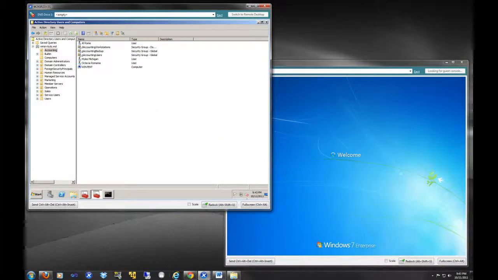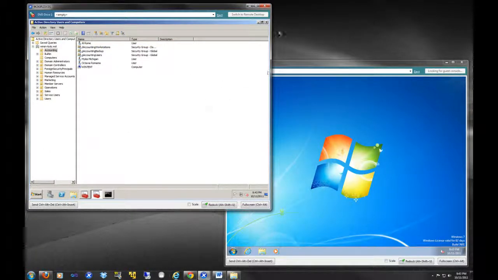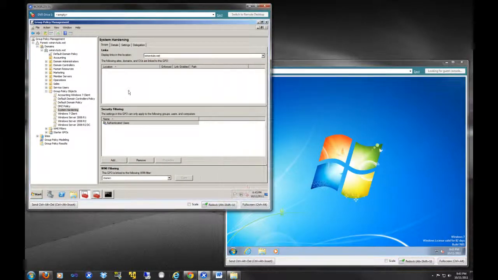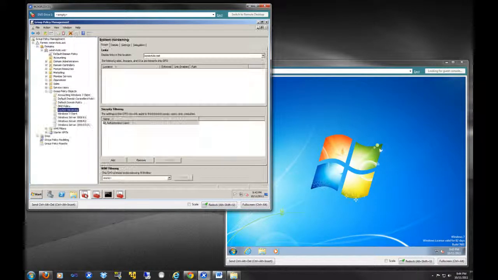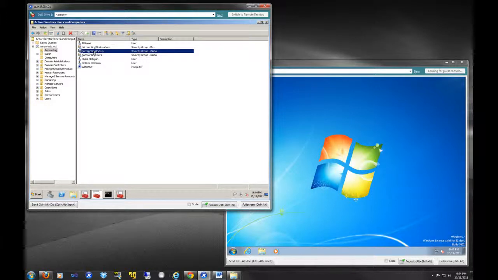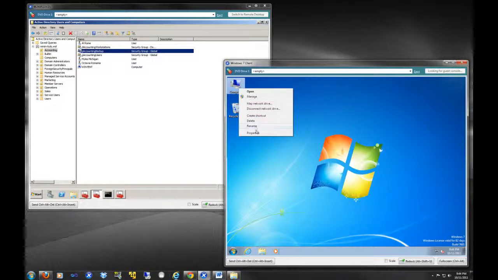Okay. And so now that we've seen some of the permissions that we can specify on a per account basis, let's take a look and see how we would move certain domain global groups into local groups here. So now we're going to move into group policy, and we're just going to edit this group policy object here. We're going to go to Windows Settings, and what we're going to do is we are going to put this accounting backup admin into,